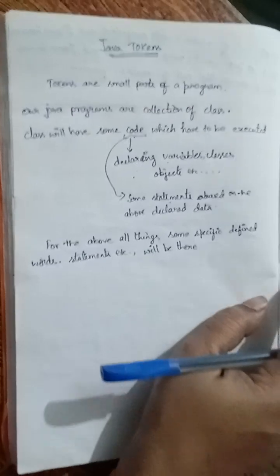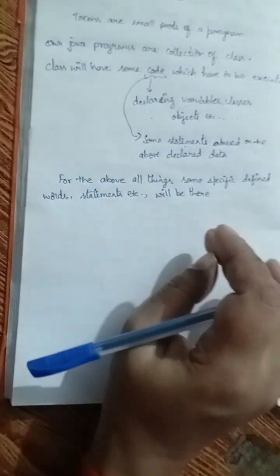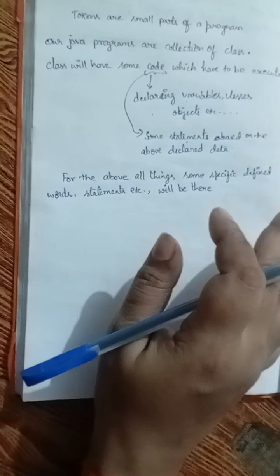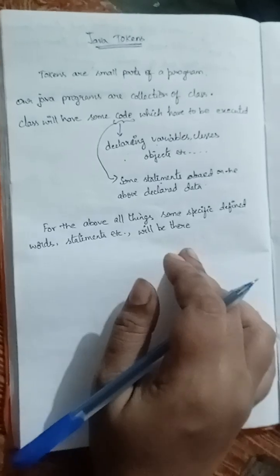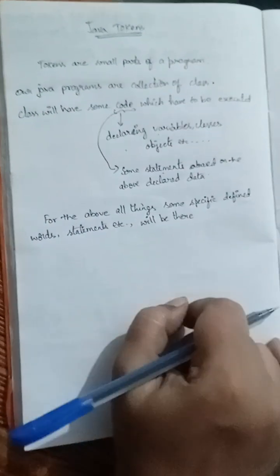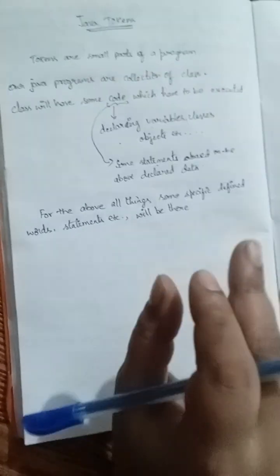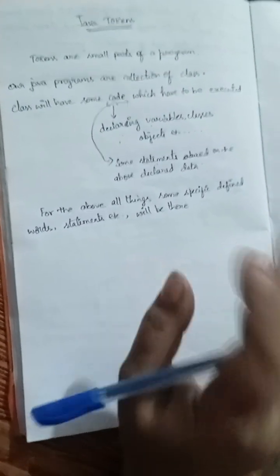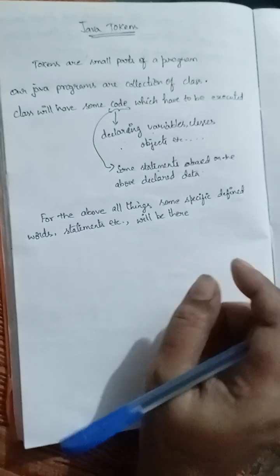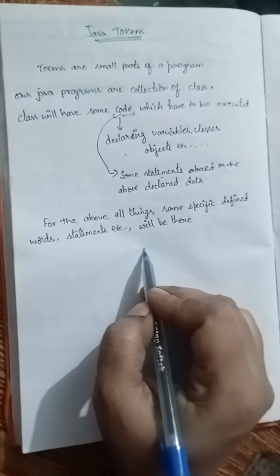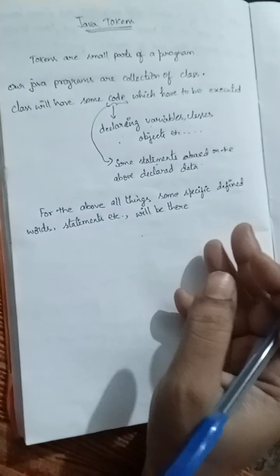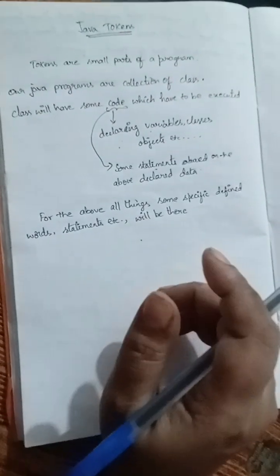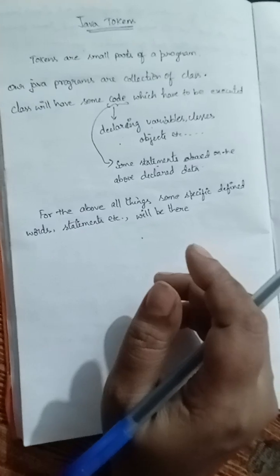For every programming language we will have them. For example, we have some technical words related to maths, related to physics, related to computers, related to chemistry. By seeing those specific special words, which are technical words, we can identify them. In the same way, in the Java language, for writing a program and the code within the program, you'll have some technical words and technical names. Those all come under tokens.